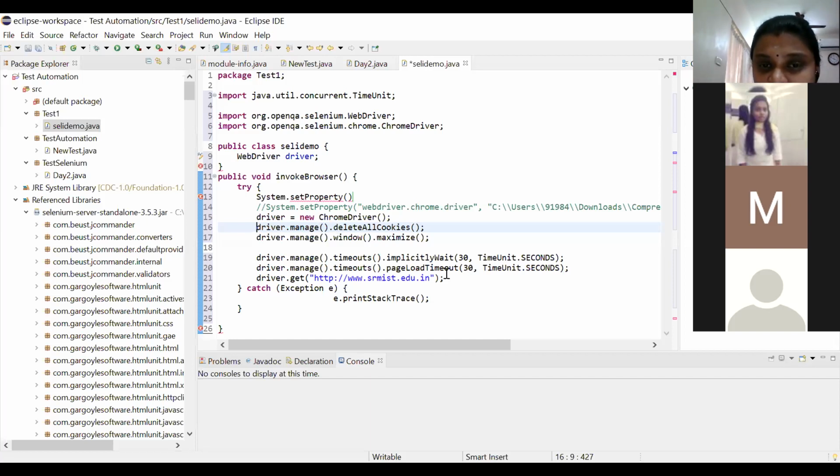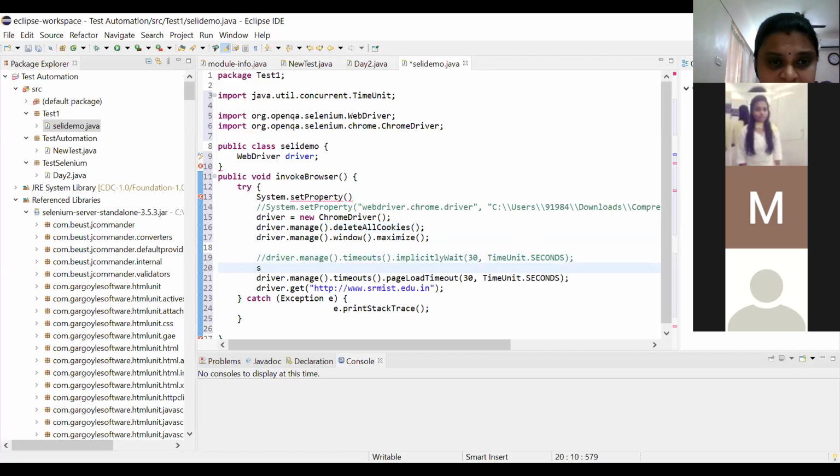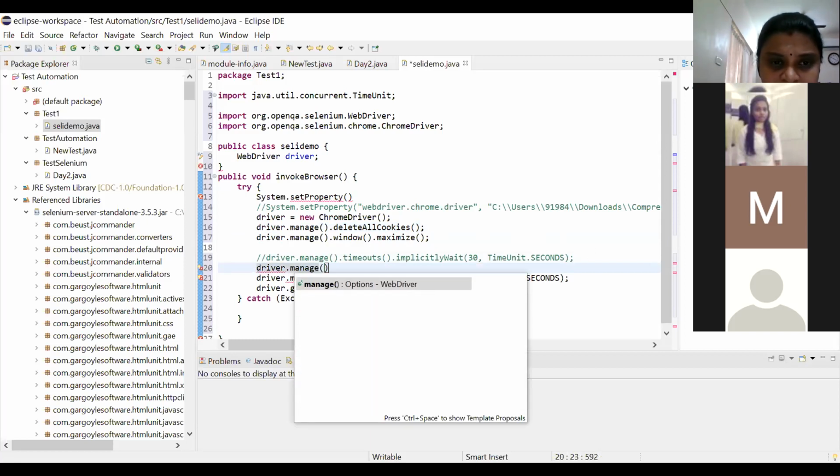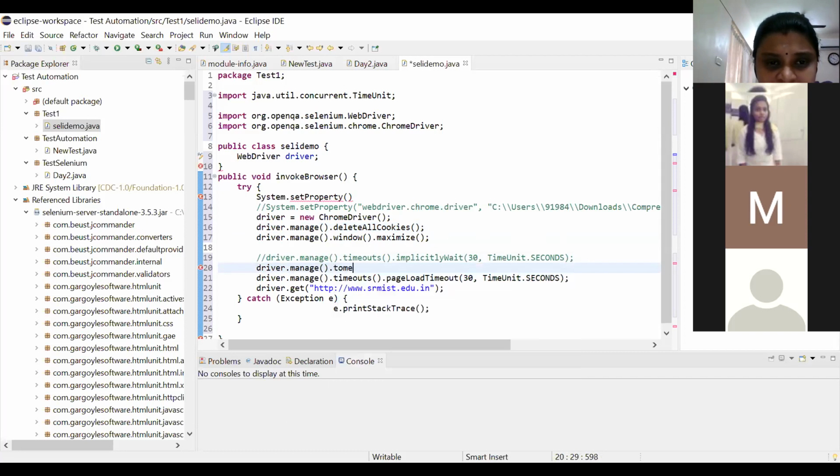For now, you can understand all these things are given for page synchronization. The first argument of this function is the wait time that is involved. There are several page synchronization options that you can give, and you can have all these timeouts.